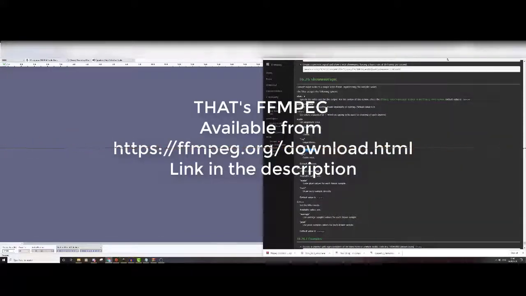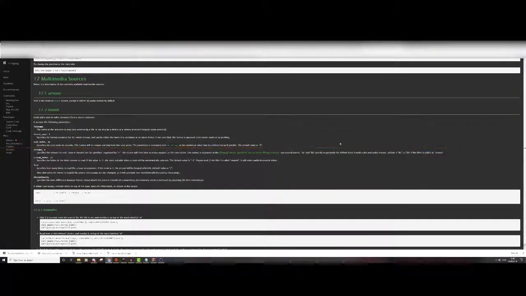Okay, so here's the website for FFmpeg. You can see it on your screen and some of the details therein. It is incredibly boring to read, but very, very helpful if you need to know something. There is a wiki page. The guys over at Wiki make life a lot easier. However,